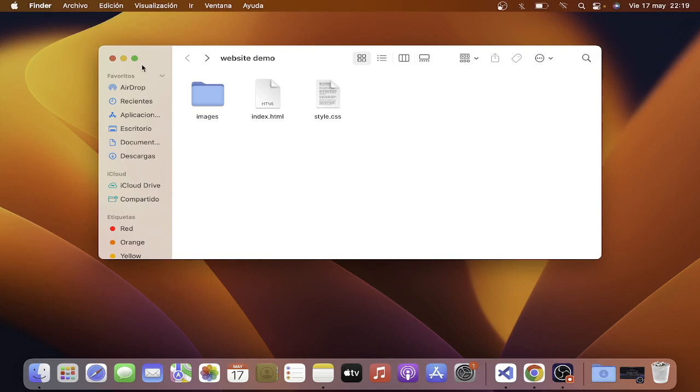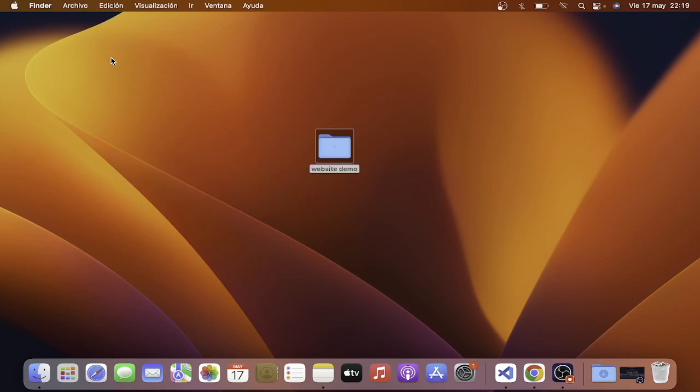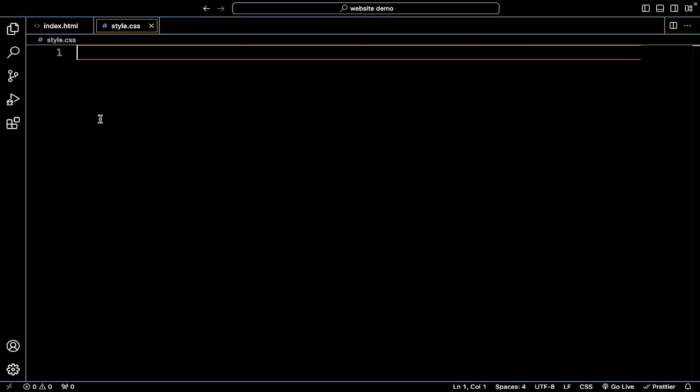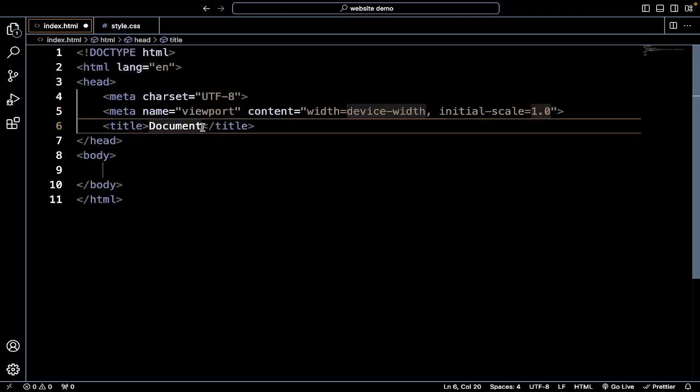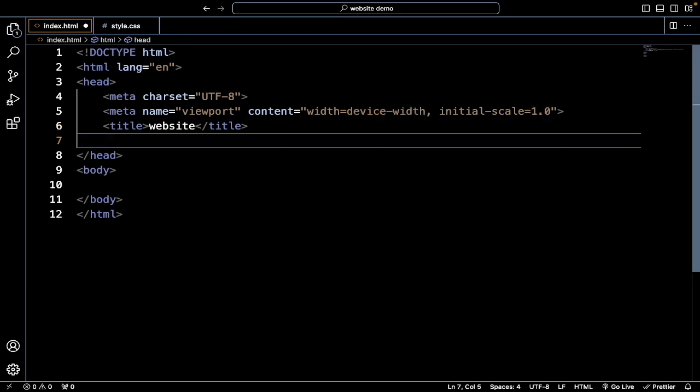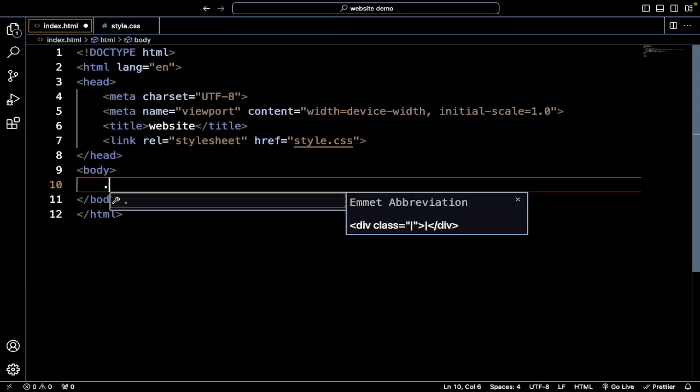So I'll open this website demo folder with my code editor, and I'm using Visual Studio Code. So over here, I have an index.html, which I've already mentioned. So I'll head over to the index.html and create the boilerplate code. Just type exclamation and hit tab, and I'll change the document title to website. And after this, I'll link the HTML to the CSS. So we type link, set the href to the style.css,